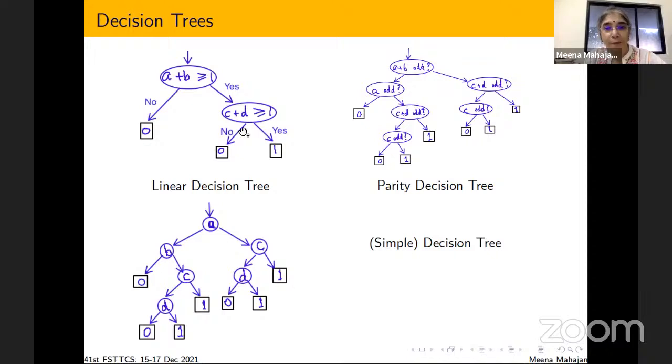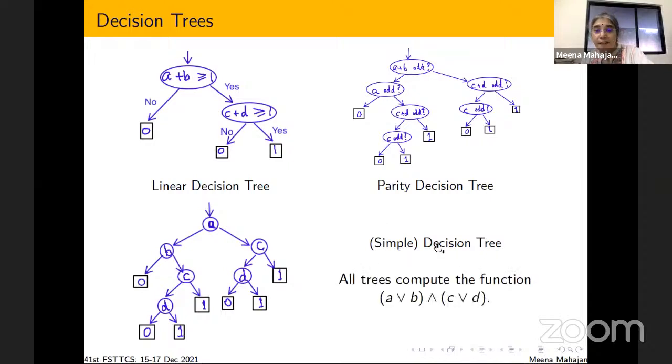So depending on what type of queries are allowed: if you have linear threshold functions as queries, you have linear decision trees. Odd-even queries, you have parity decision trees. Querying a single variable at a time, those are what are normally called just decision trees. But to emphasize this fact, in our title, we have put in the word simple. So these are all decision trees which are computing the same function. Okay? And they do look quite different,